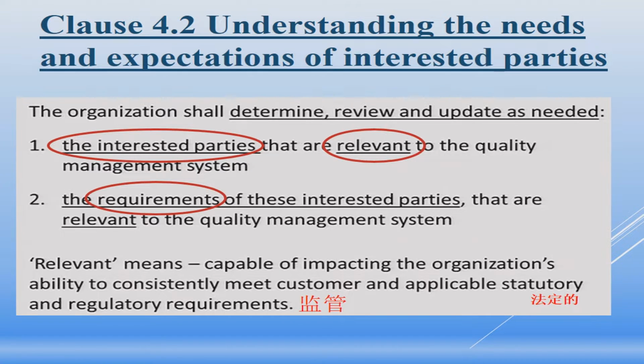Maksudnya, you kena faham siapakah interested party yang berkenaan dengan QMS. Number 1. Number 2, you kena faham kehendak-kehendak dia. First, you kena faham siapakah interested party. Contohnya, JKKP. Bila you pergi ke site, you kena tahu kehendak-kehendak JKKP ataupun customer, ataupun kehendak-kehendak CITB kalau buat